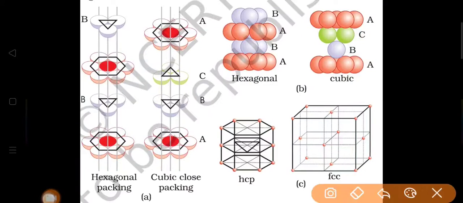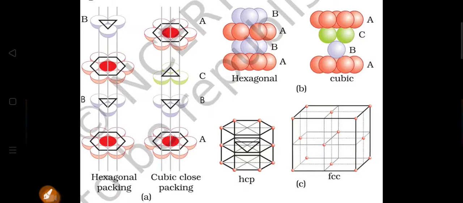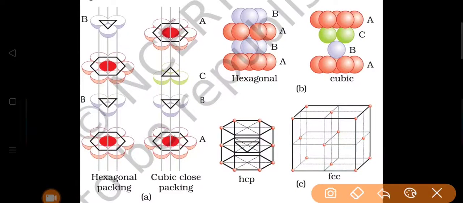From the second layer we have a triangle, and the bottom center sphere, represented in red color, will be placed in the empty space between these three spheres. That means we have a tetrahedral void between these four spheres, three spheres from the second layer and one sphere from the first layer.